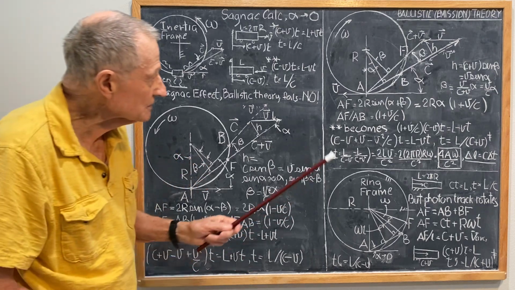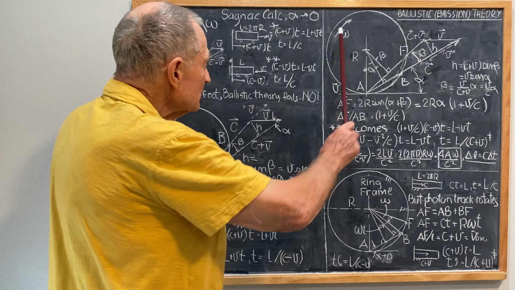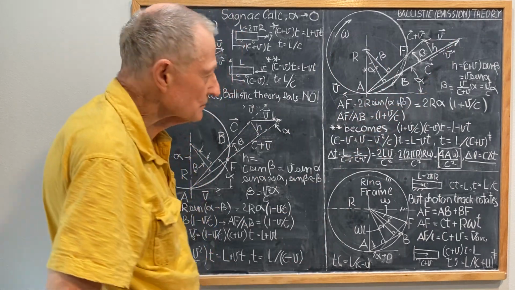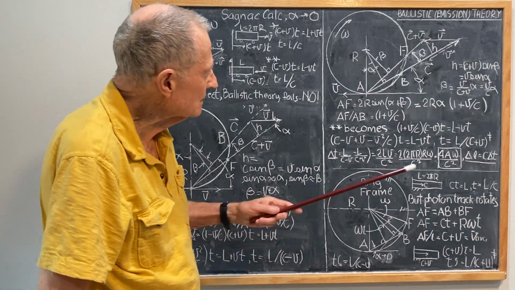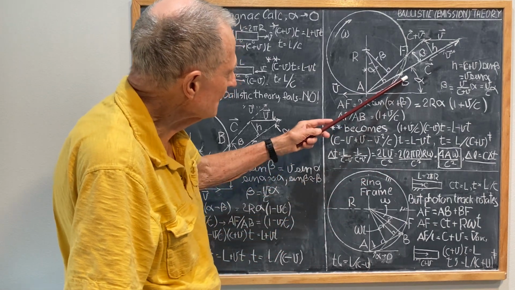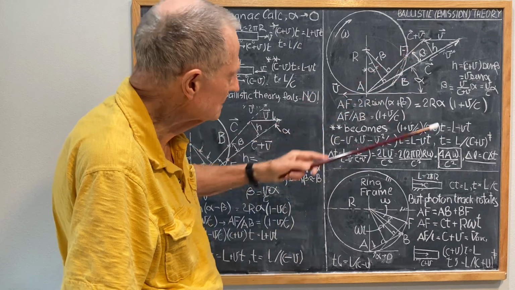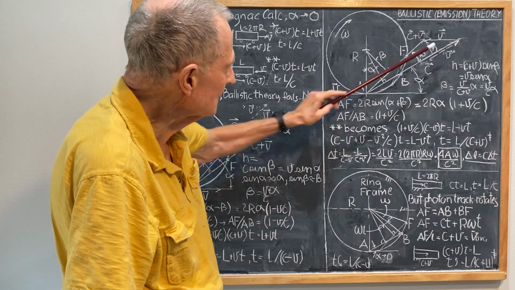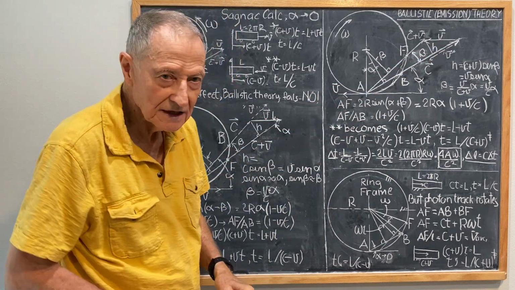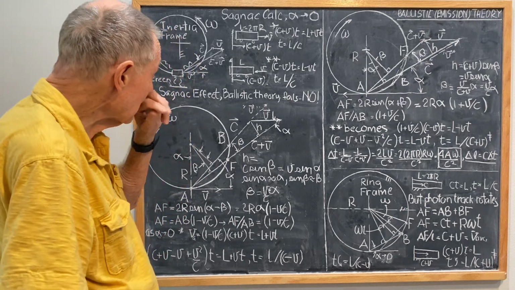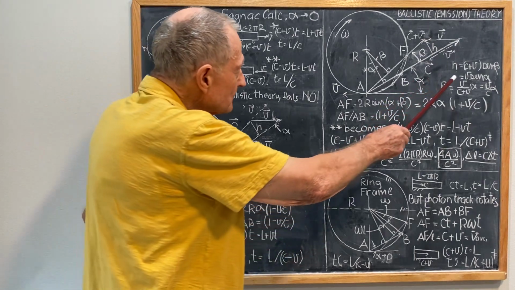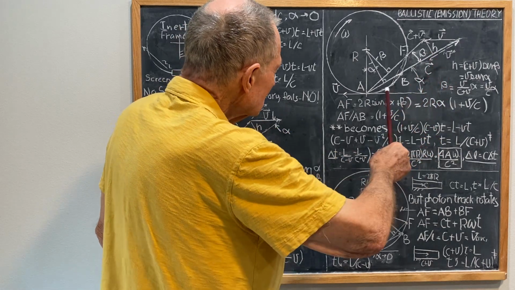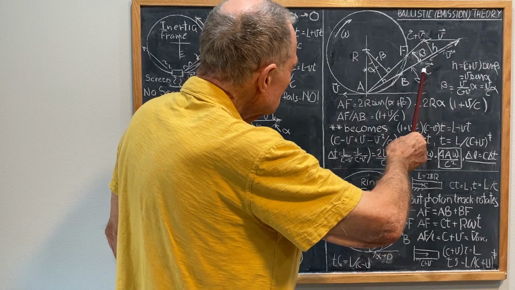All right, now I did it again just as a review of the geometry that happened here. I did it again for the case that the ring rotates clockwise and the velocity c is opposite to the direction of the ring. Then we have c at the angle alpha. We have c plus v here. Then we have h, and this angle is that angle, which is alpha again. So now we have h is equal to